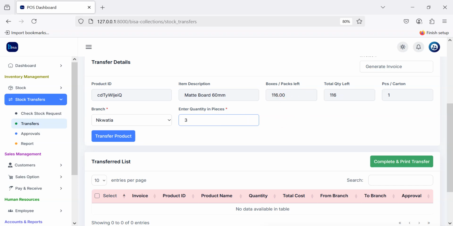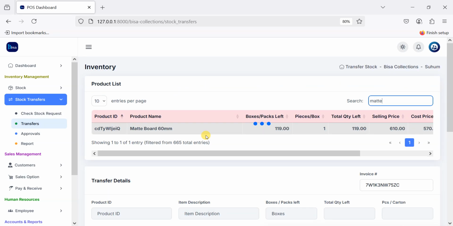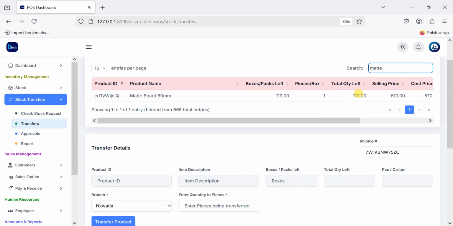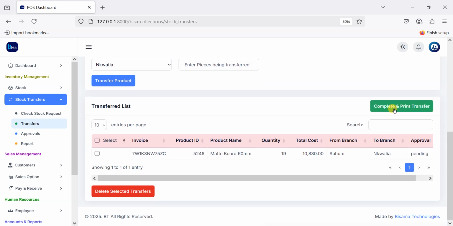So if you enter 3, it will reduce. So watch what is happening over here. If I enter 3, it reduces. If I enter 19, you see, and I can go straight ahead and transfer my item. Once I transfer my item, it is on hold. You see. Now once I click complete and transfer, the quantity here will reduce and it will automatically go to,